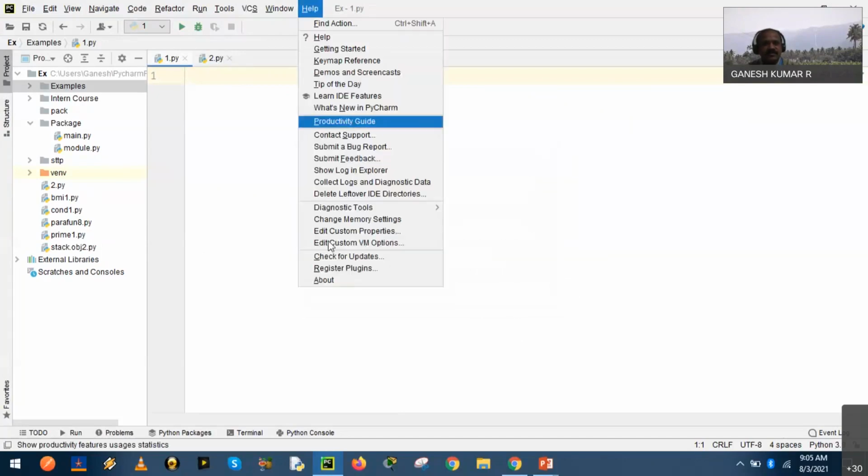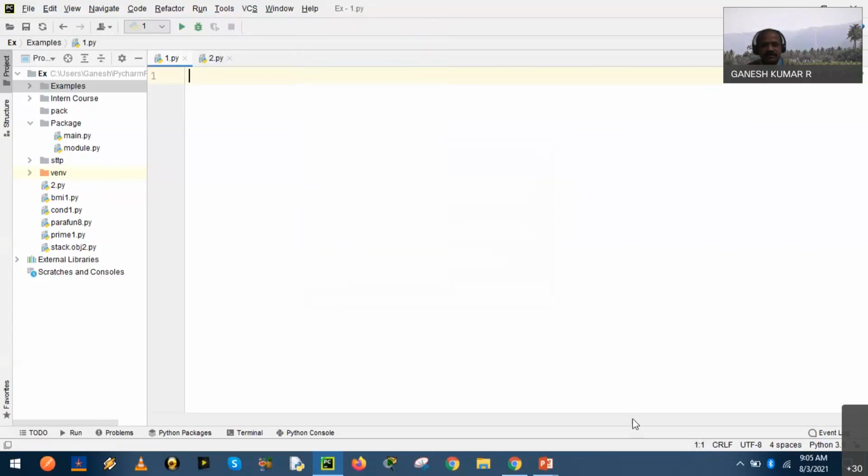Any updates will be informed. Check for updates. An alert will be displayed at the bottom right of the screen: new updates available. By clicking it, we can update the requirement libraries, DLL files, and support files. All will be done appropriately.